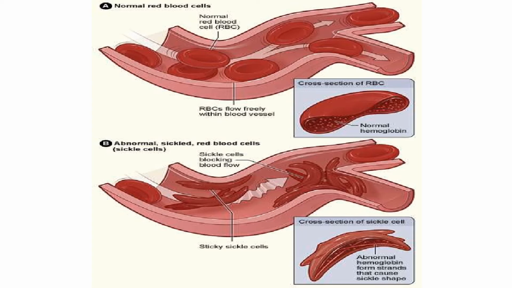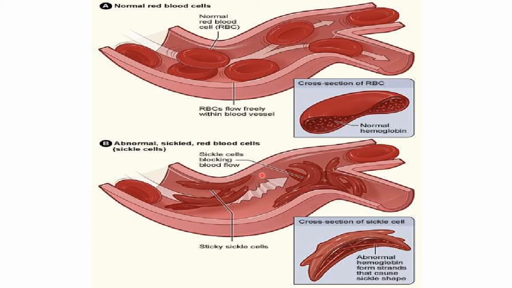Coming to the abnormality, or what happens to the blood flow if the RBC becomes sickle in shape or crescent in shape. This is the normal mechanism. Normally, the RBCs are round in shape and they are elastic. Because of their round or convex shape, they can squeeze through blood vessels easily like this, and they can change their shape according to the diameter of the blood vessels because of their elasticity. That is the normal mechanism.